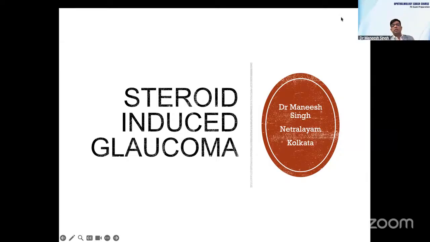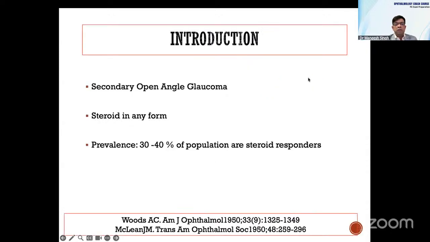So my topic is steroid-induced glaucoma, and thank you so much for the opportunity. Steroid-induced glaucoma is a secondary open-angle glaucoma, and steroid in any form can lead to a raise in intraocular pressure. So patients who are on steroid, whether oral, topical or injectable, we need to monitor the intraocular pressure,